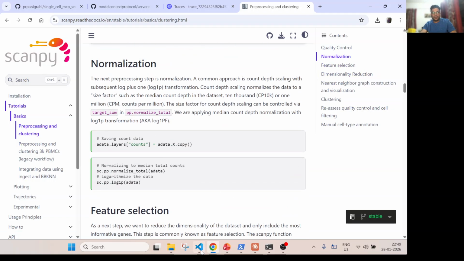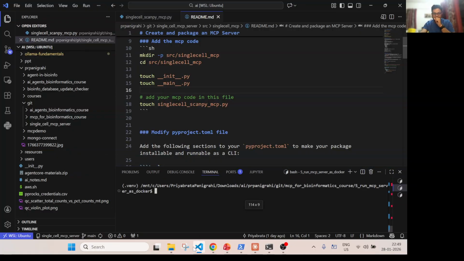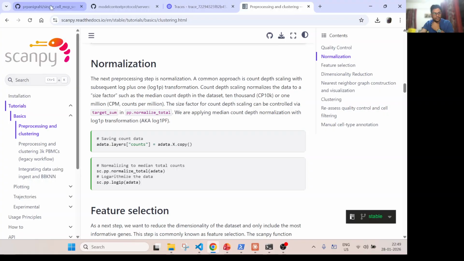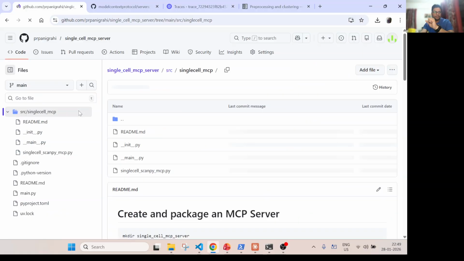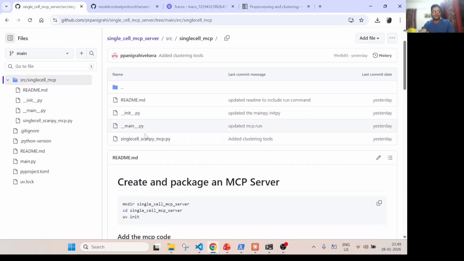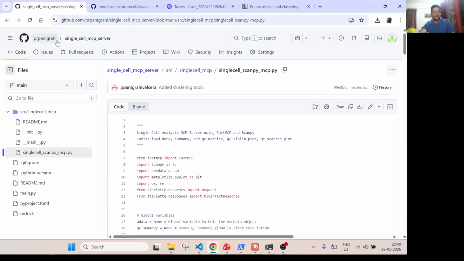So what I had done, I converted those features into basic Python functions. I wrote a very simple mcp.py. By the way, this is in a different repository. Why? Because I also want to show you in the next video,